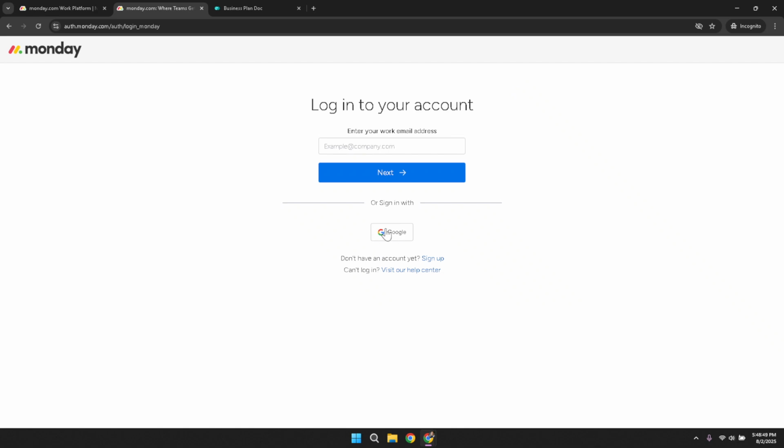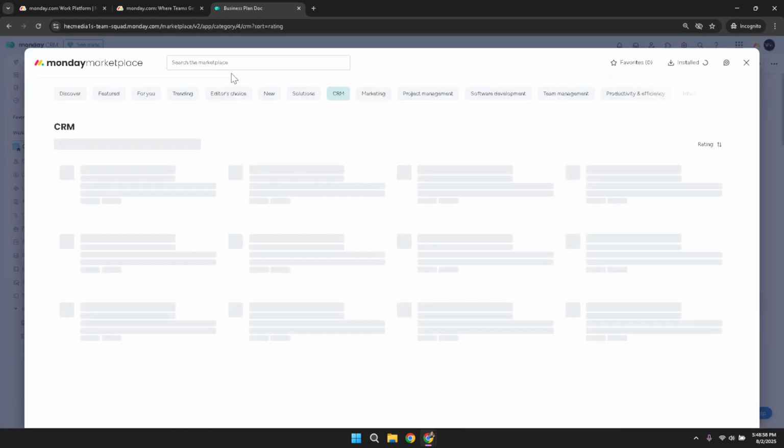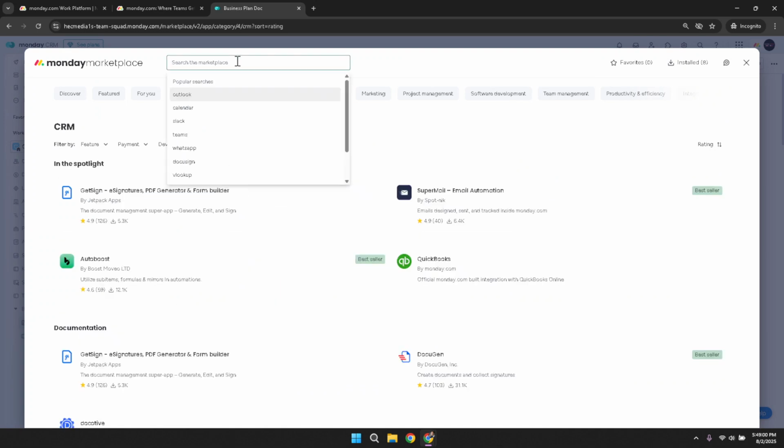Upon successful login, direct your attention to the top right corner of the page where you'll find the Marketplace icon. Clicking this icon leads you to the Marketplace, a vibrant hub filled with various apps designed to complement and expand the functionalities within your workspace. Here, you can browse through an extensive collection of apps tailored to suit different needs and preferences, making it easier